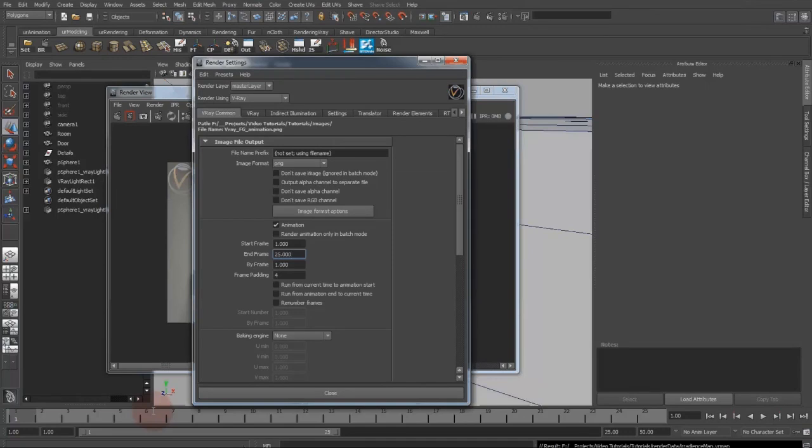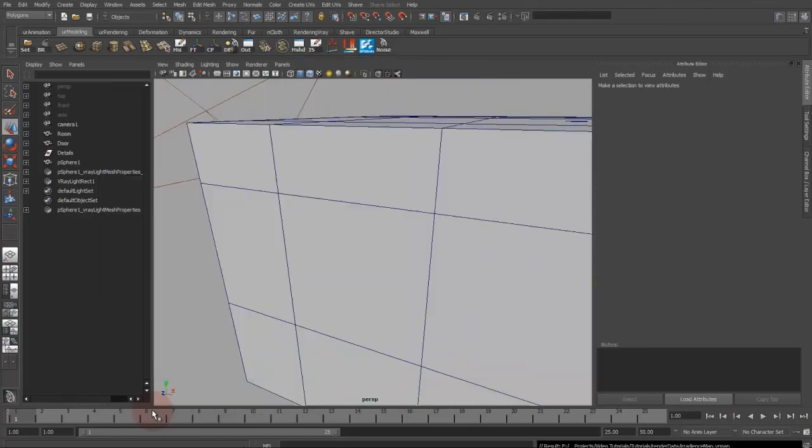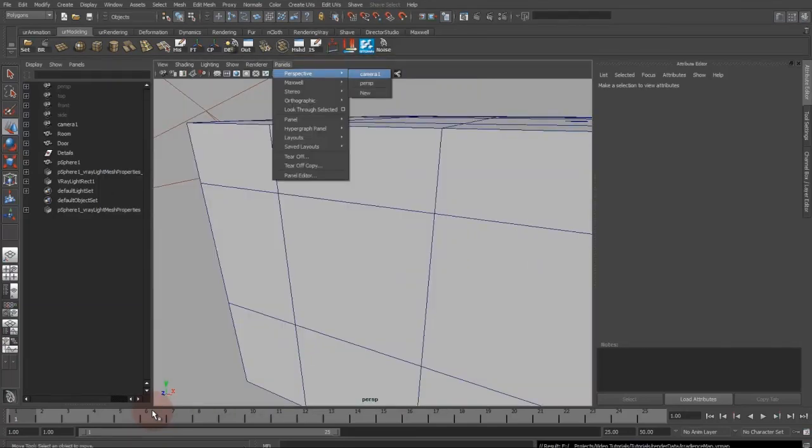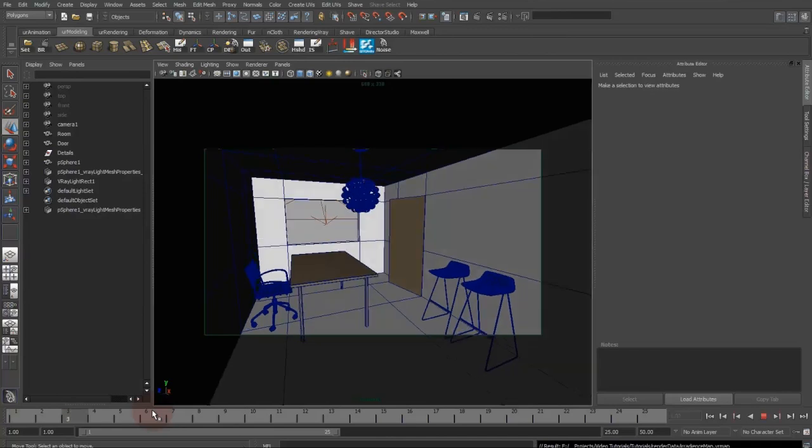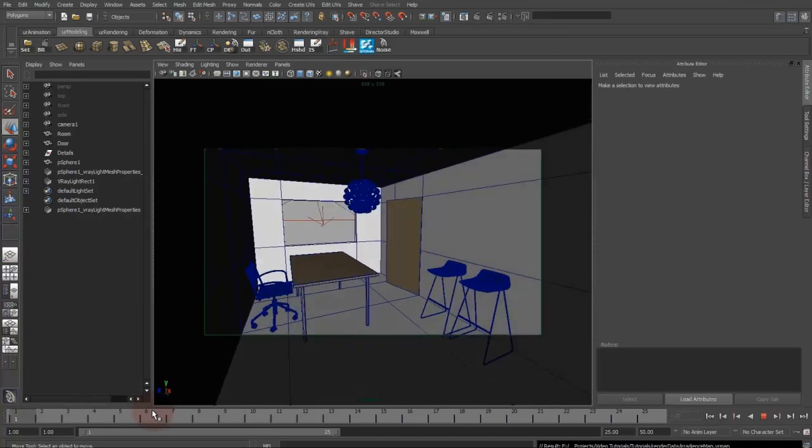And in the common mode, because you don't need to recalculate the final gather points for every frame, you can increase or insert a value in. So you can insert a value here, so the map is only created, let's say, every 10th frame or something. But it depends on the speed of your animation, so mine isn't moving that much,